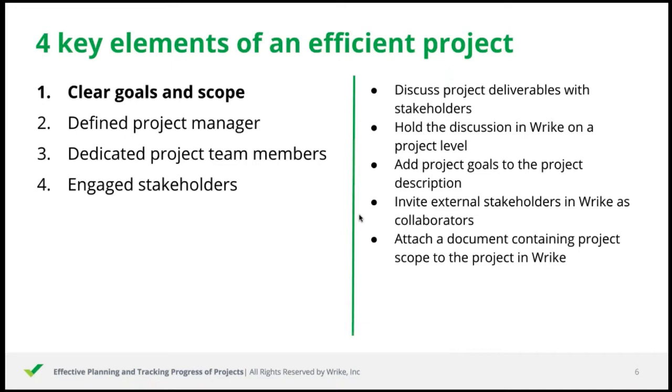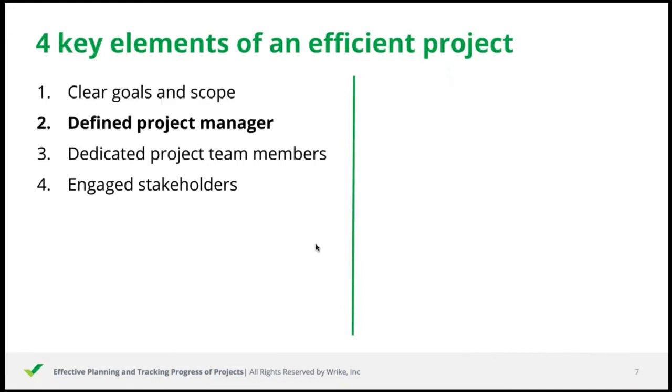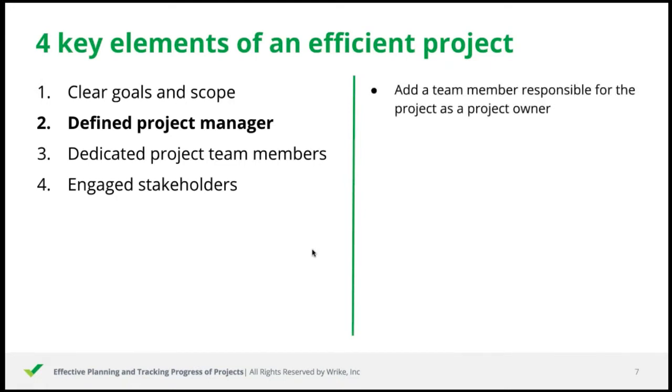Alright, now we are going to switch to the second element of an efficient project, and it is defined project manager. One of the things that you need to decide when defining the scope of your project is who is going to be a project owner. A lot of people could be involved in the project, but to have accountability, only one person should have the ownership. Once you have determined who it is going to be, add that person as the owner of the project